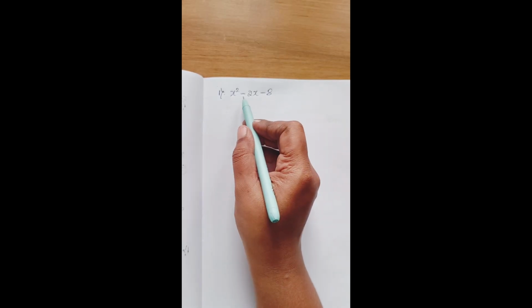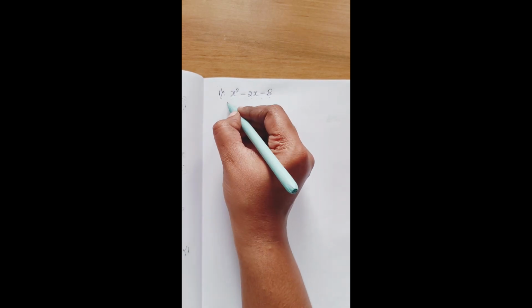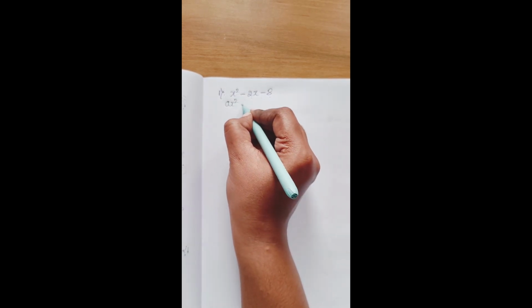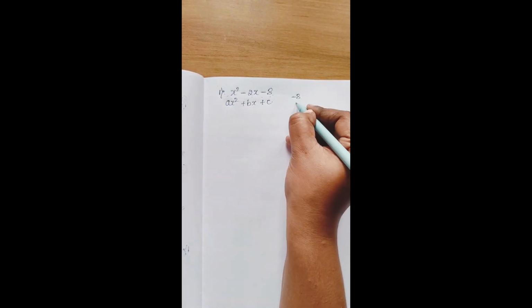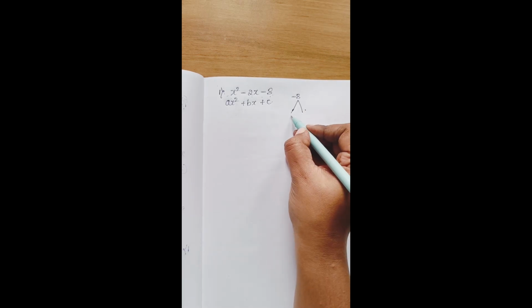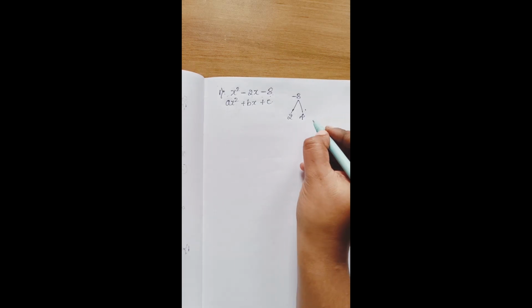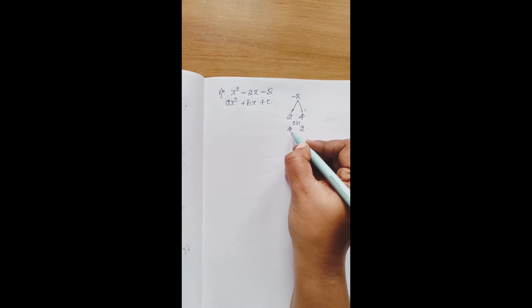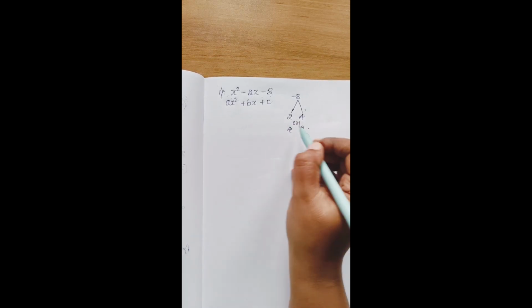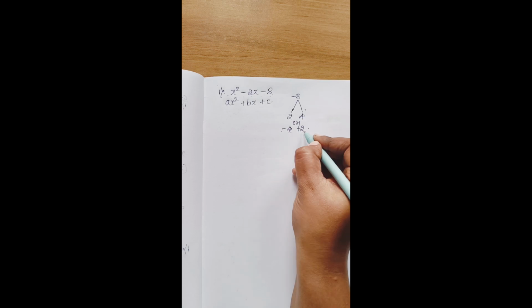Here, exercise 2.2, first question: x square minus 2x minus 8. I told you it is in the form of ax square plus bx plus c. So a into c will be minus 8. Always you should think of the table. In which table will 8 come? 2 fours are 8, or 4 twos are 8, you can take both. Here when you add or subtract you should get minus 2. So 4 minus 2 is how much? 2. But here we need minus 2, so that's why I'm taking minus 4 plus 2.